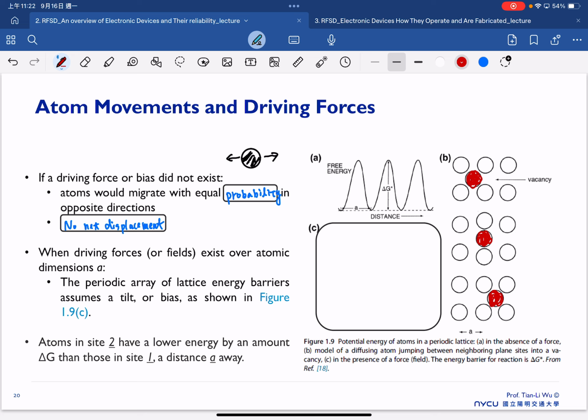But this process can also be described by considering this energy barrier. So this is a case where we don't apply any field, so our photons is sitting in this place. But right now, if we start to apply the electric field,